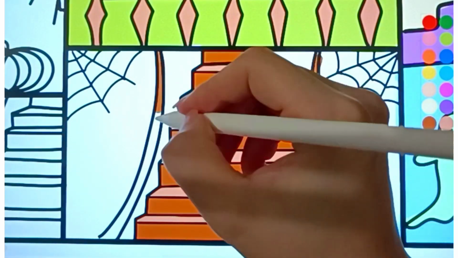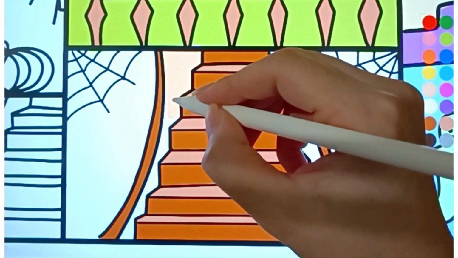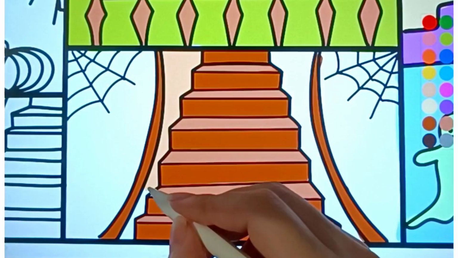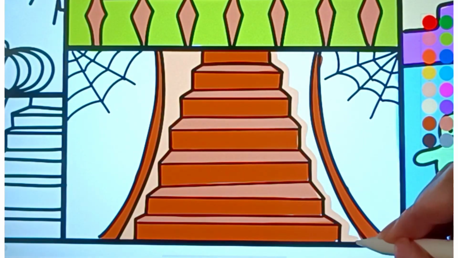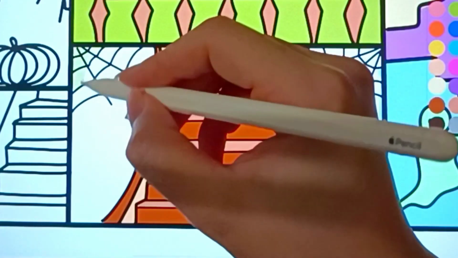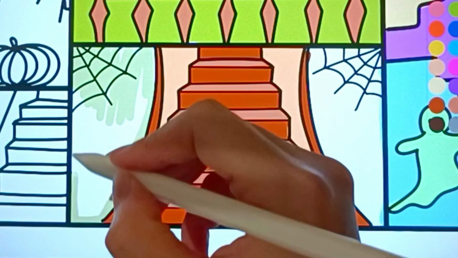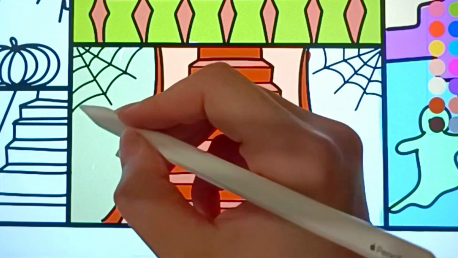So, as we finish coloring, maybe the witch's hat is purple, the pumpkin's orange, the ghost's pale blue. Remember, Halloween isn't just about being scared. It's about exploring the fun side of fear. It's about creativity, mystery, and sharing stories with friends. And there